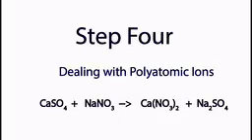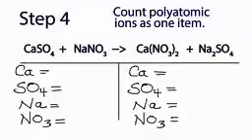Step 4, the most important step, because in this case we are dealing with polyatomic ions. Polyatomic ions means those containing more than 1 atom. Why ions? Carried due to the presence of charge. So these are the polyatomic ions, SO4, NO3. Clear? Now just consider the polyatomic ion completely as one single unit, and CaSO4, Na, NO3.